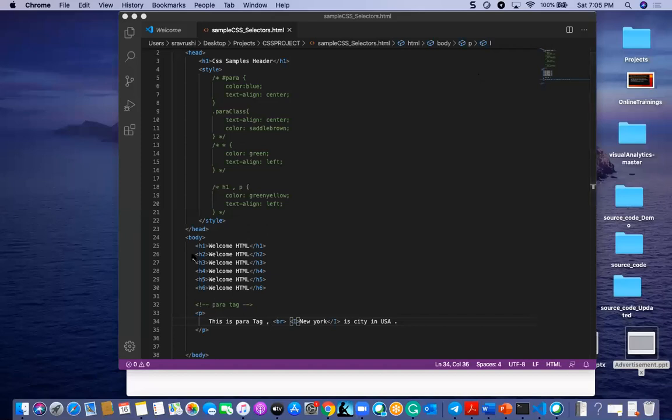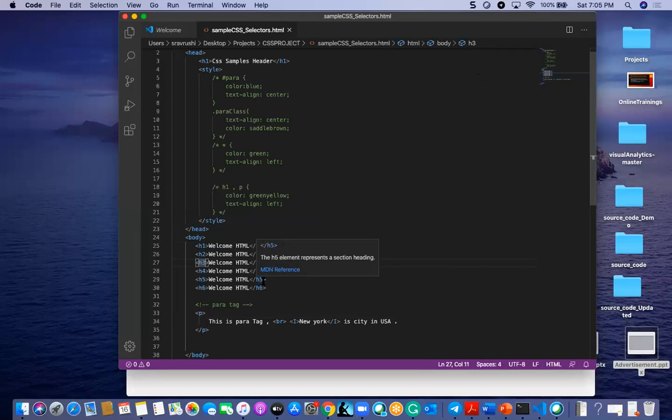So all these H1 and H2 and H3, H4, H5 and also para and also BR, these are the HTML elements. Okay, so HTML elements are everything from the starting tag to the ending tag. So these are a few elements.